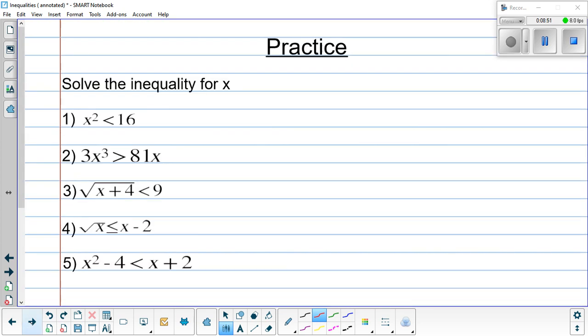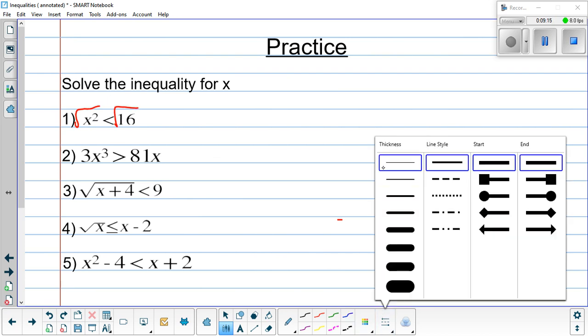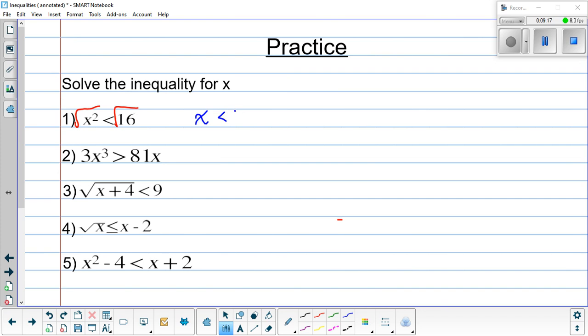So here are 5 questions for you to give a shot. Please pause the video, and then once you're ready, press play, and we'll go over the answers together. Hey, so welcome back. Let's quickly go through these answers. So here we just have x squared on the left and 16 on the right. So we can just square root both sides, and we'll be left with x is less than 4, because 4